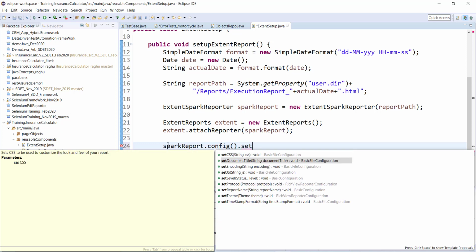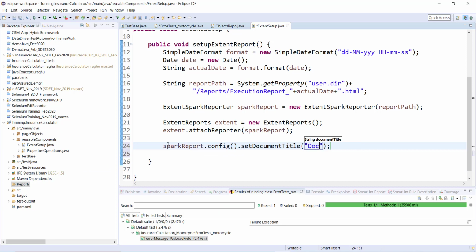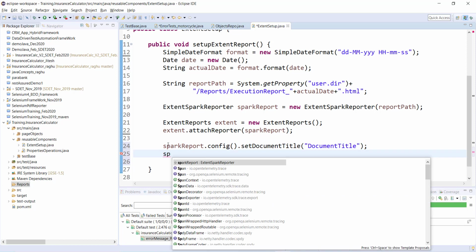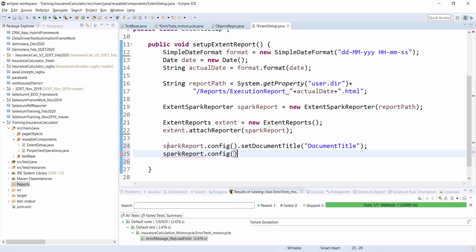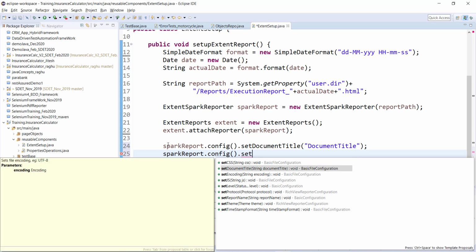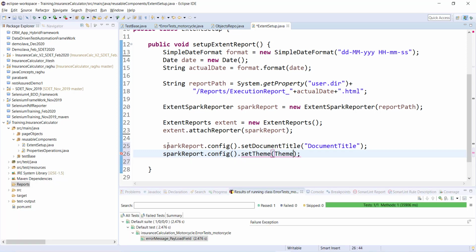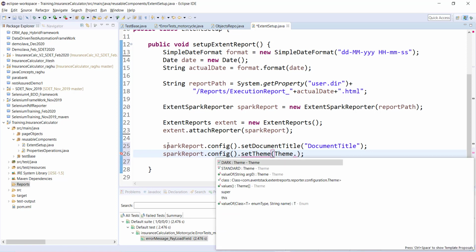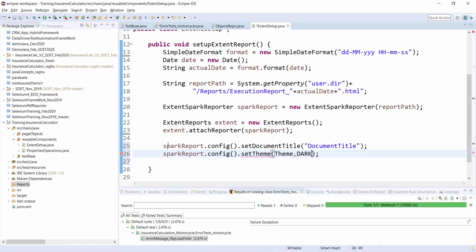document title. Okay, so for now I'll simply mention a document title, and I'll show you where it is getting listed. Then again SparkReporter dot config dot set, let's say theme. In theme they have two options, standard and dark. So let me pick the dark theme. It looks pretty good, and you can give some report name as well.